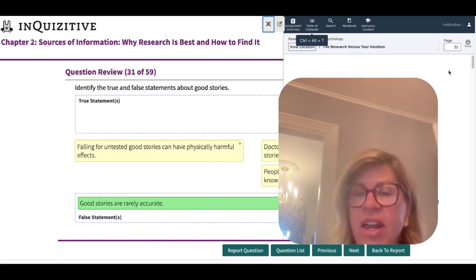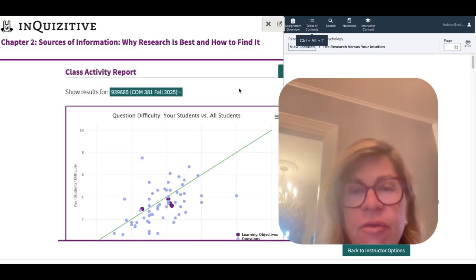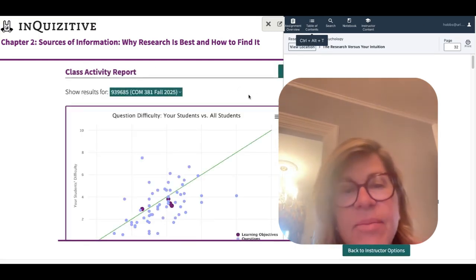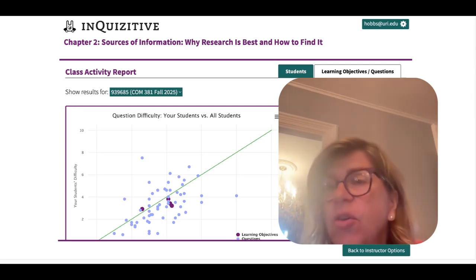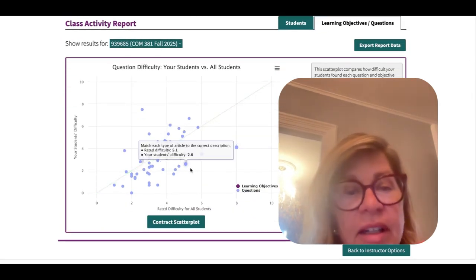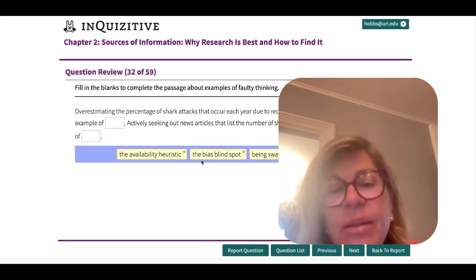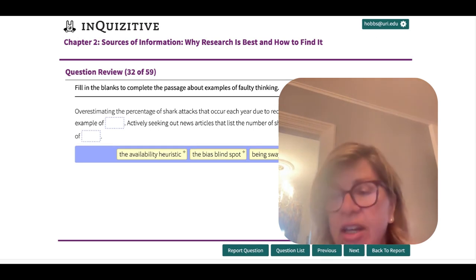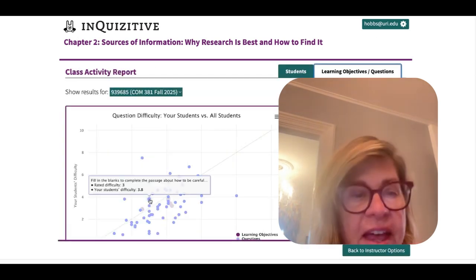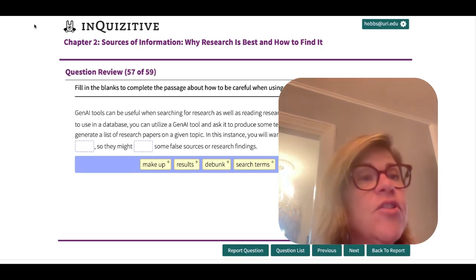But the fun of this thing is really in being able to feel like you're understanding the concepts and you're developing a good appreciation for research methods. And of course, I am seeing plenty of evidence that you're understanding concepts like the bias blind spot, confirmation bias, the availability heuristic, that you're beginning to understand the language we use about research and the search process.